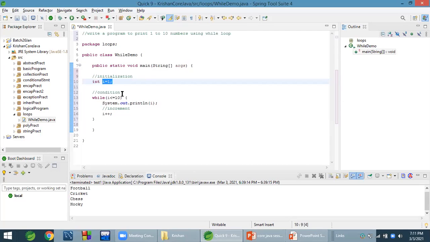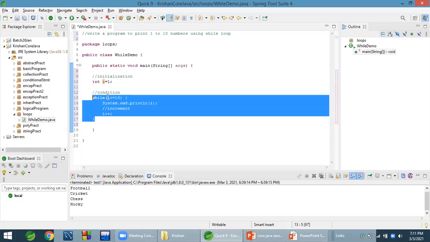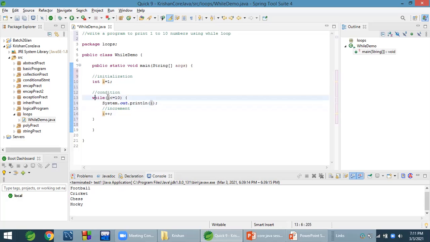Then while i is less than or equal to 10, meaning 1 is less than or equal to 10, yes. Here we are writing a condition that until the value of i becomes 11, continue this loop. This loop will continue till the value of i is 10 or less than 10,